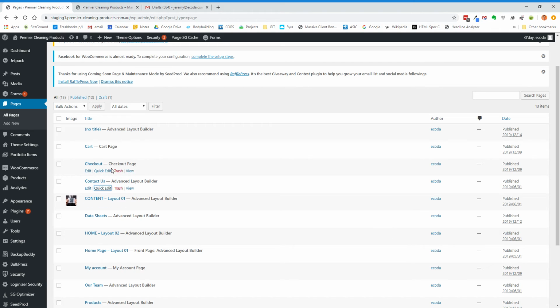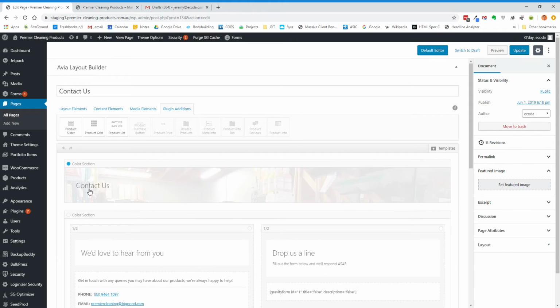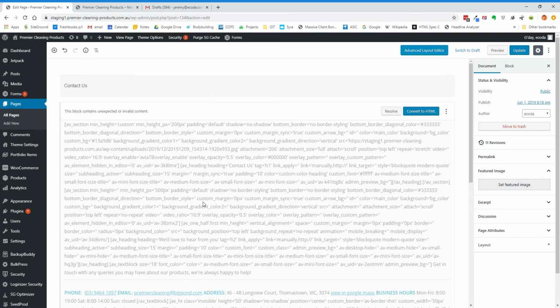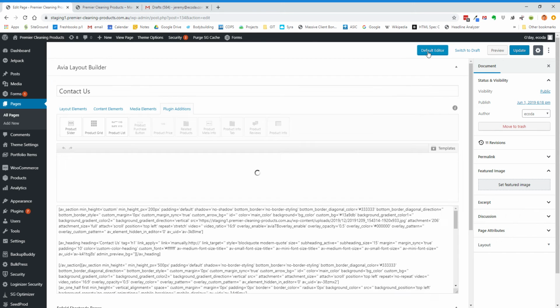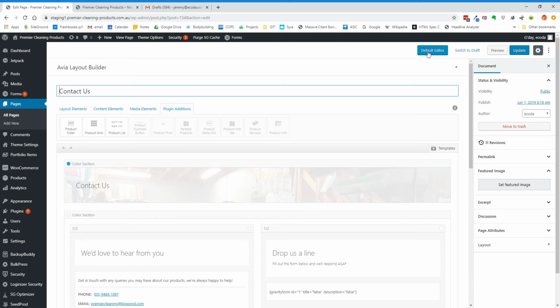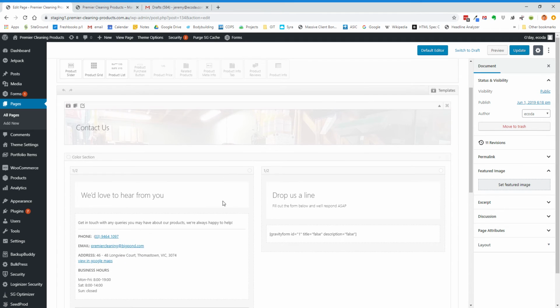Okay, so let's say this is the page that we're editing. We'll click into the editor. And there are 2 ways of editing content in the page. One is using the advanced editor, which is what we use for pages and posts, and the other is the default editor. So if you log in and you click into a page wanting to edit it, and you see this gobbledygook, all you need to do is click this button, the advanced layout editor, and it will return it to our box view